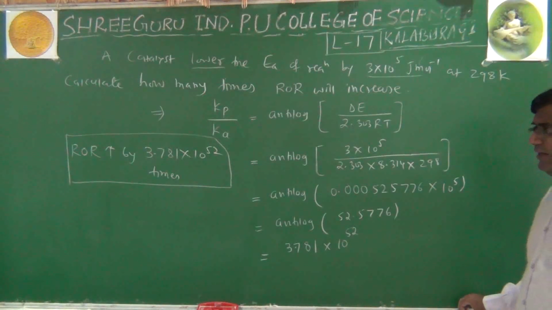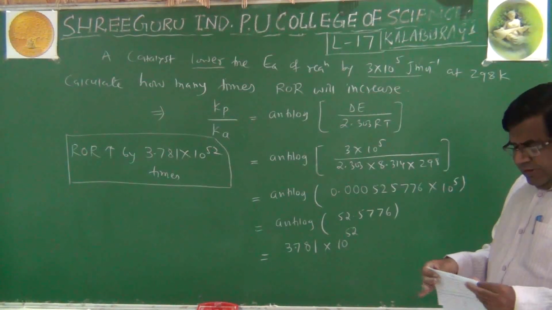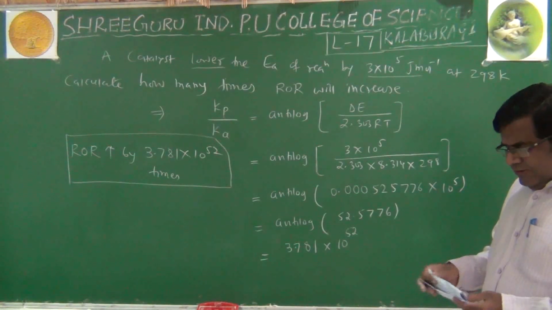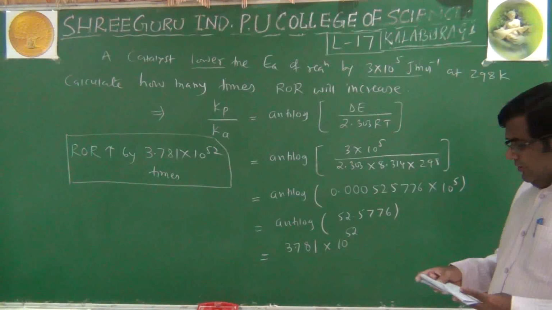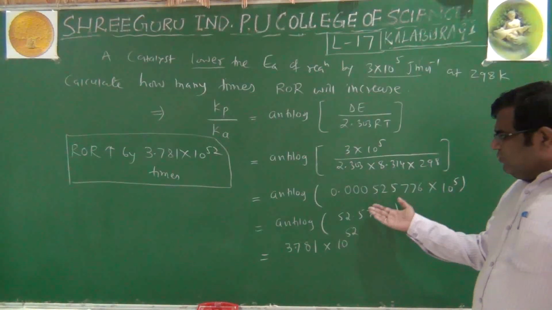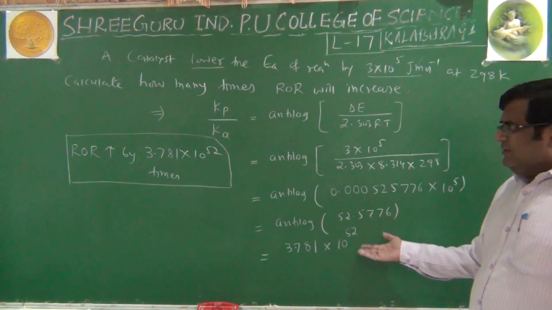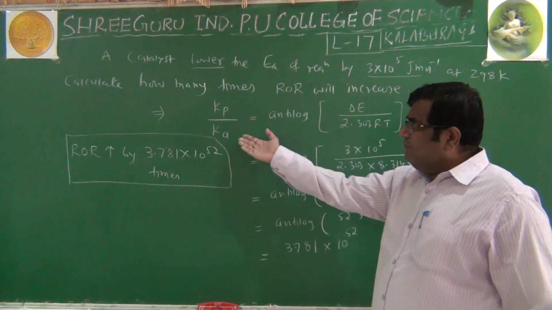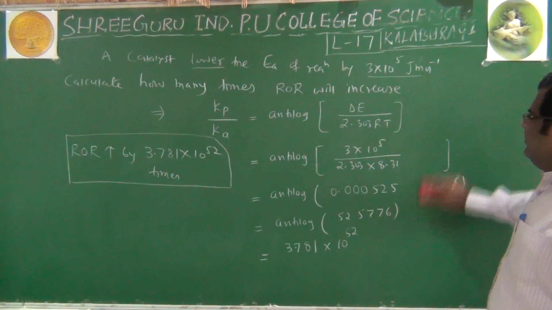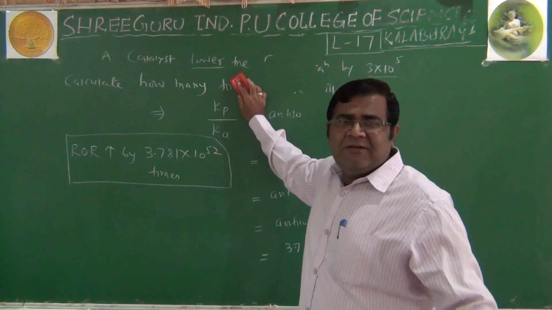I told you that we are solving this question just for additional information. But the next question which we are solving has in fact been asked in one of the CET examinations. So we should concentrate on the next question. Just write this formula, substitute it, look into the log table in a proper way, and express this answer. It has no unit because it is the ratio of rate constants. This many times the rate will be increased. The rate of reaction will increase, as reflected by the increase in the rate constant.